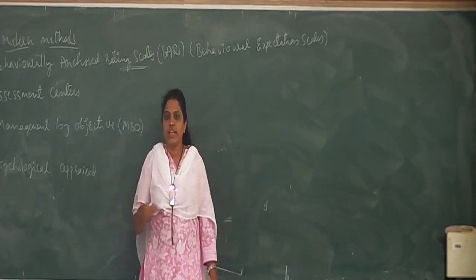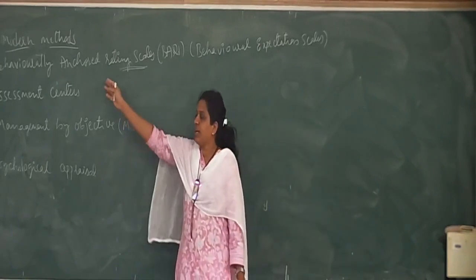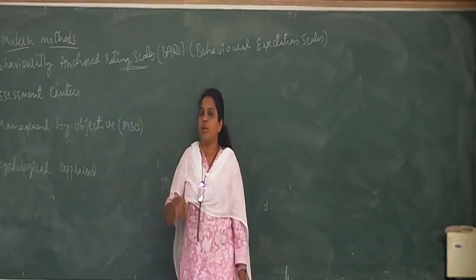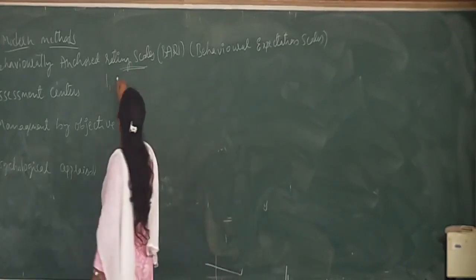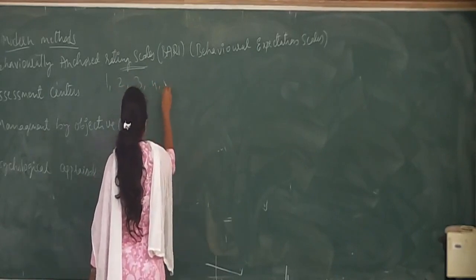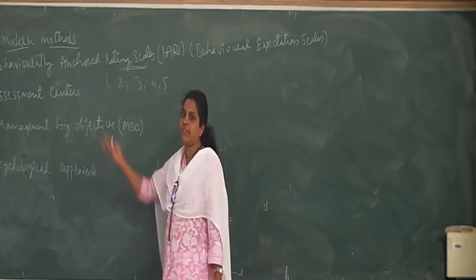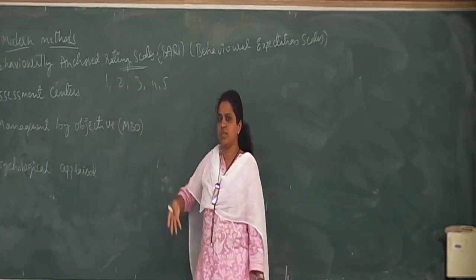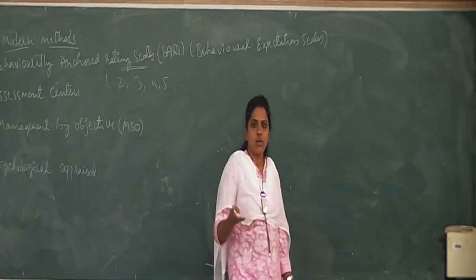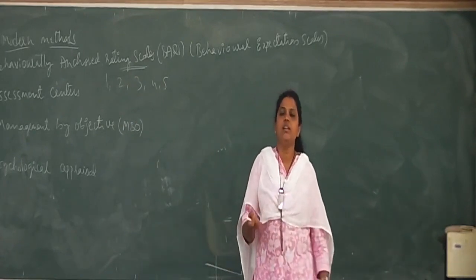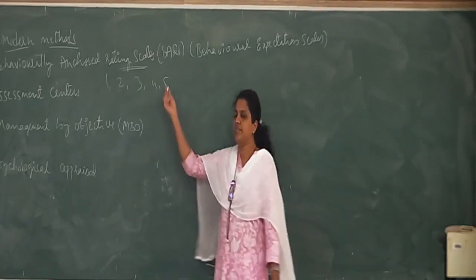People didn't know, or the rater or the evaluator or the appraiser didn't know what exactly the person or employee should be doing to get the scale 5. The rating scales will be like this: 1, 2, 3, 4, 5. The rater could give any ratings based on his perception. For one person, even if he is doing very little, he may find it very excellent. That time he may give 5.